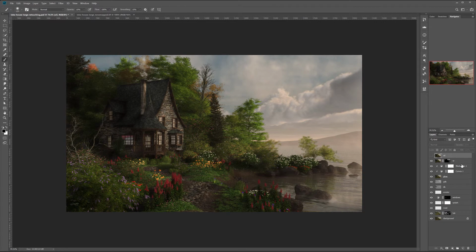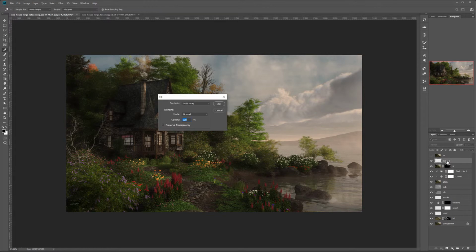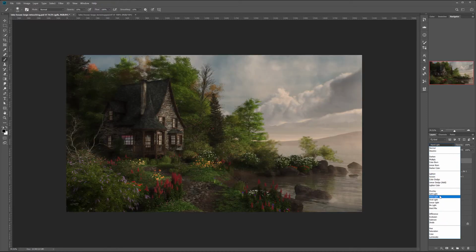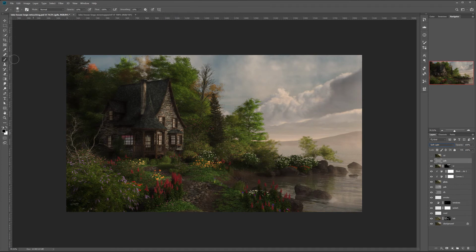Next, the last point, we actually come to the end, kind of touching up. I want to use a global dodge and burn and also color correction. So for the global one, we create a new layer. Again, we'll fill it with 50% gray. Okay, we'll switch this to soft light. We'll take our brush